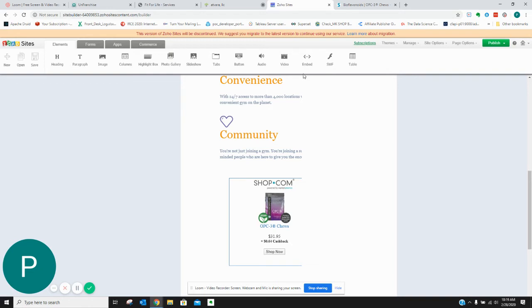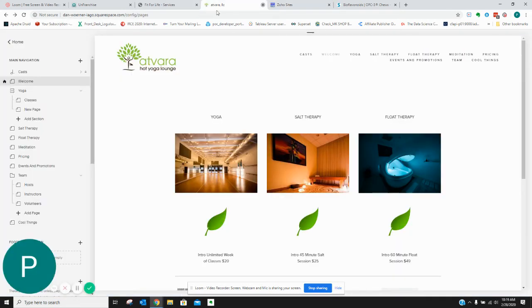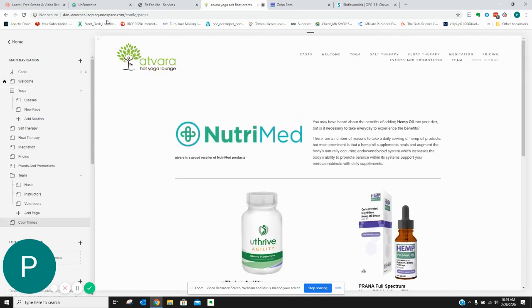Again, it's in almost every web administrative platform. Every one I've used has something called embed. That's the key word you look for, is embed. And that gives you the opportunity to paste these snippets of code in. This is true with WordPress, with Wix, with Squarespace. Actually, I have a Squarespace editor open right here for a local yoga studio here near Kernersville or near Greensboro. And if I go to a particular page while I'm in the Squarespace editor, and if I wanted to edit this page,